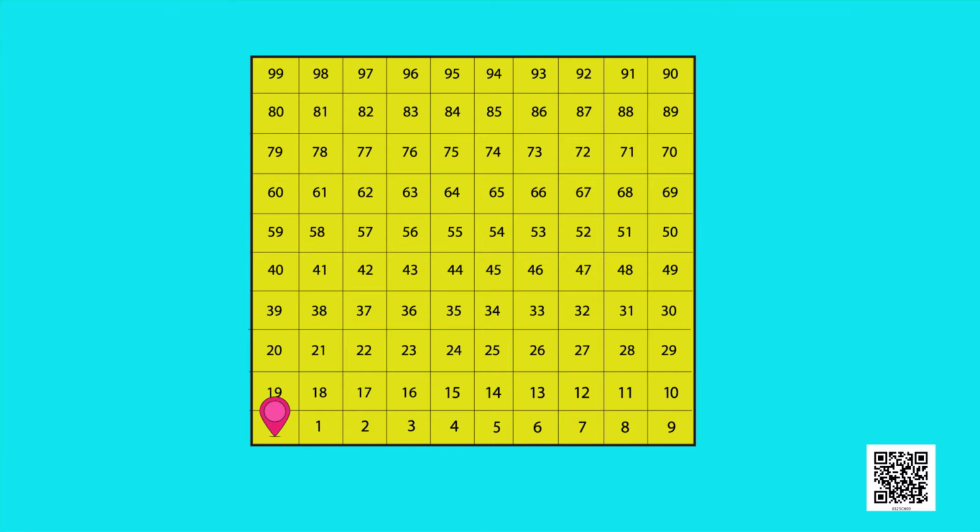We are on 0. So we will be leaving one number and jumping on to the second number. Here we are leaving one number after 0. Thus we jump from 0 to 2. Now again skip one number and jump on to the second number, that is 4. Similarly, the next jump after leaving one number will be on number 6. Then the next jump will be on number 8.